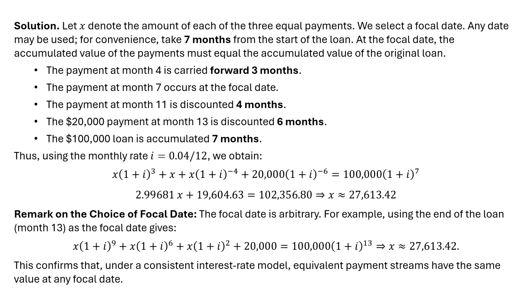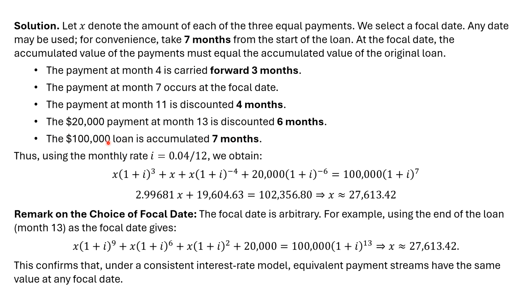So let's look at a solution to our problem. Let X denote the amount of each of the three equal payments. We need to select the focal date. Any date will do, but we're going to pick 7 months as the focal date. At the focal date, the accumulated value of the payments, in other words, present value, must equal the accumulated value or present value of the original loan. So we need to look at 5 different values. The 4 payments at 7 months, and then the accumulated